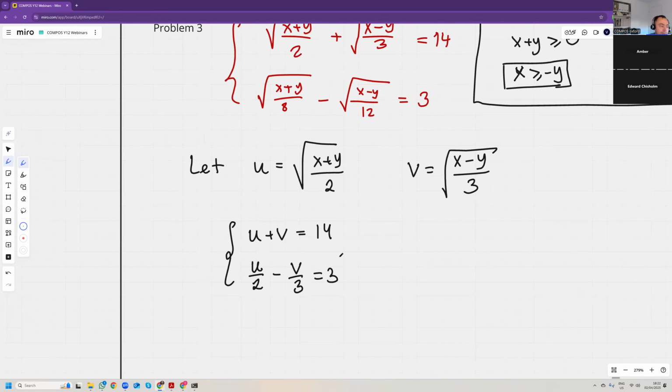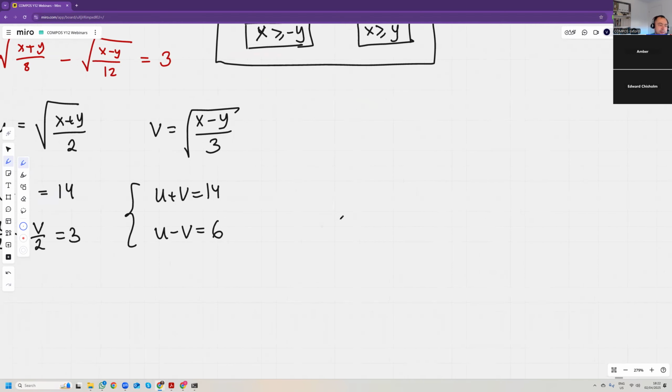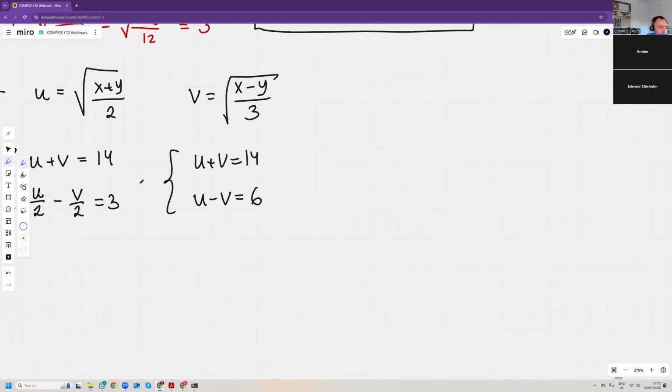Oh, sorry, v over 2. And then you get u plus v equals 14, u minus v equals 6, and then suddenly the system becomes much more simple. So the system becomes 2u, I'm adding, 2u equals 20,